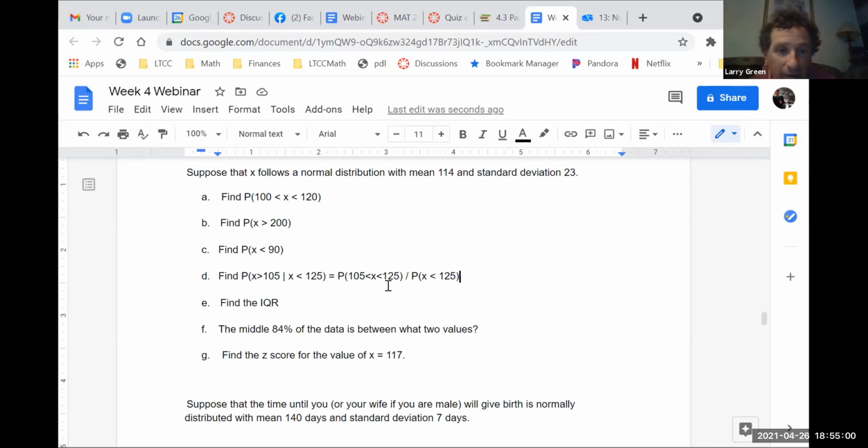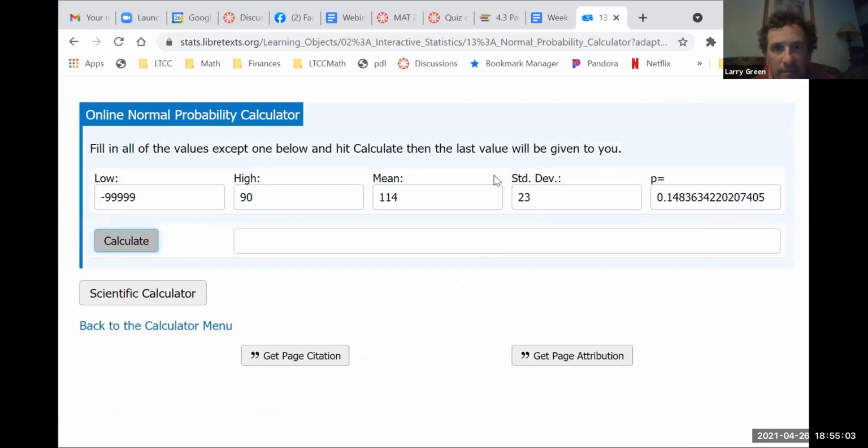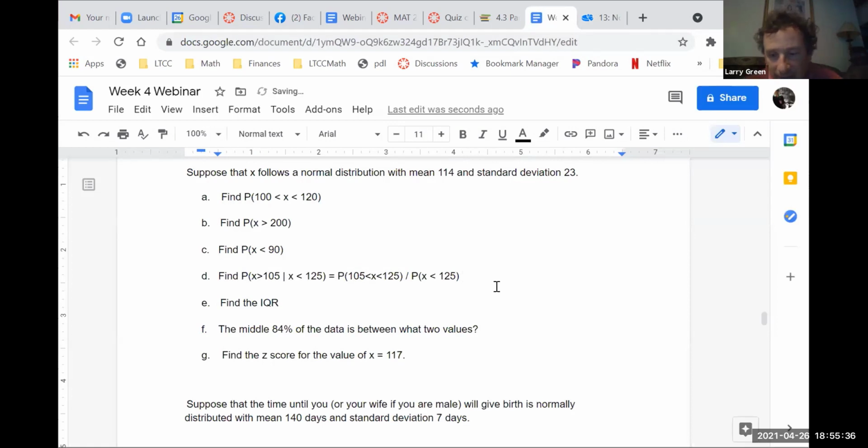So let's first do the 105 to 125. Low is 105. The high is 125. Same mean and standard deviation. We don't know the P. If I go too fast, let me know. Any questions on that? And I hit calculate and get about 0.34. I'll go 2 decimal places. Sound good? All right, so that is 0.34. So let's go back, and I can say this is equal to 0.34